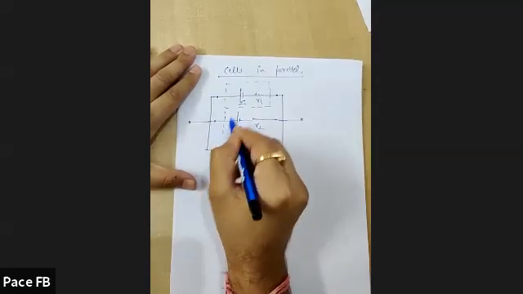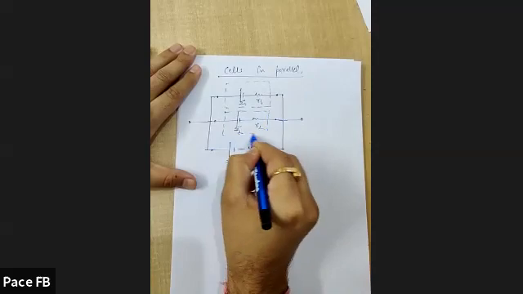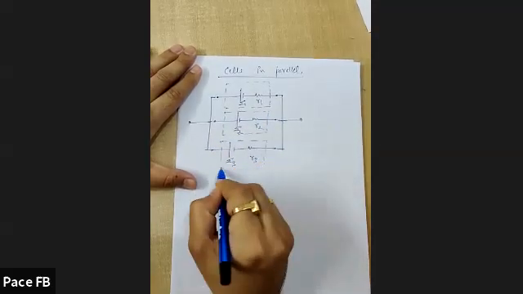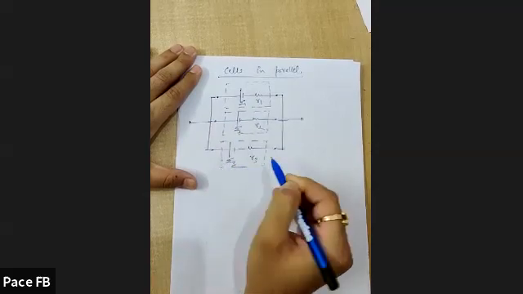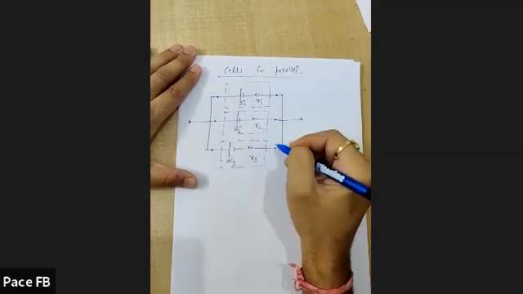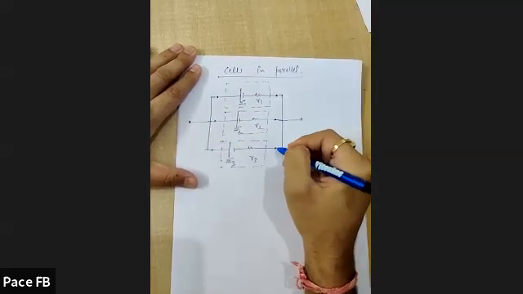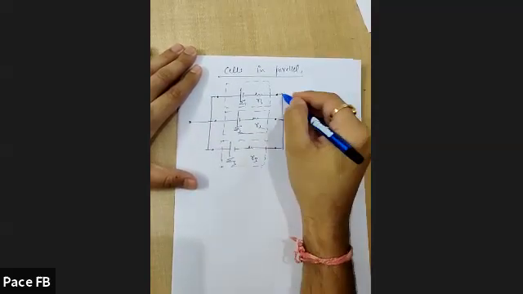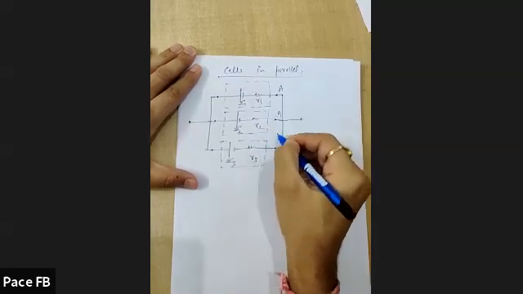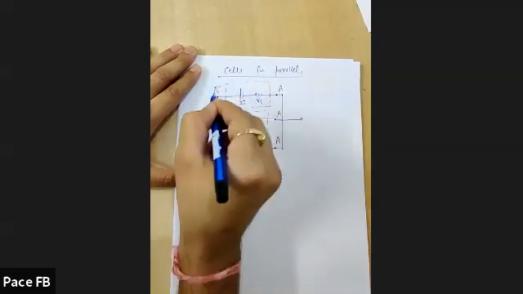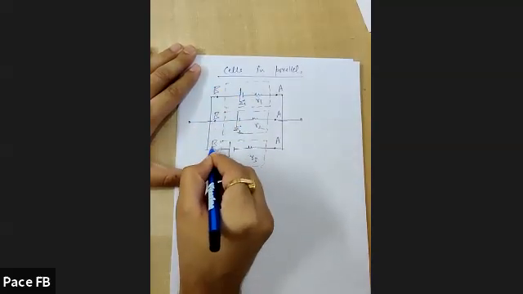So there are three cells as shown in the figure, and all three are connected in parallel. Can you see the cells connected in parallel? Because all these three cells have the same terminals. The right hand side terminal for all three would be at the same potential. If this one is A, this one is A, this one would also be A. And the left hand side is also the same for all three: if this one is B, this one is B, this one is B.